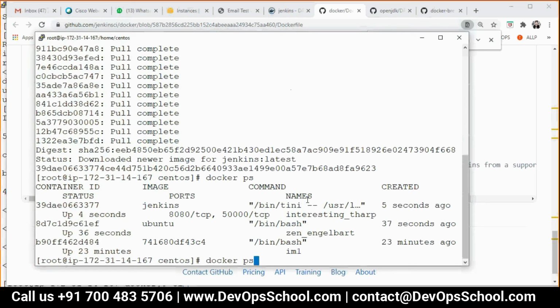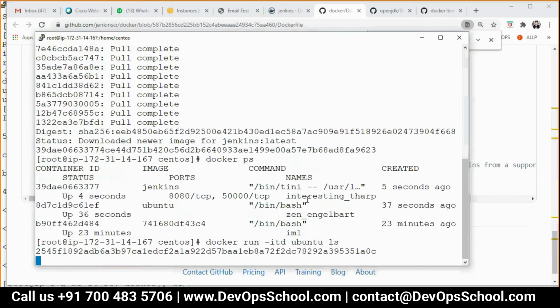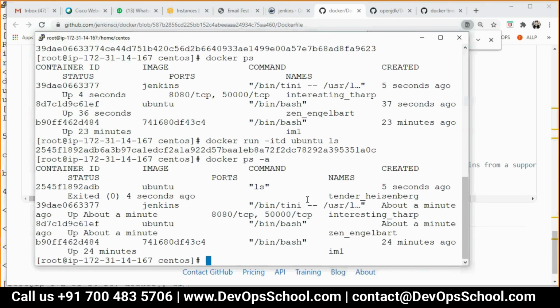Okay, now I will do this, creating a container again. You see docker run -itd, look at my screen, and here ls, look at it. And you see here docker ps. See here, the container exited because you cannot do -it with ls. IT means interactive; you can only do it with bin bash.